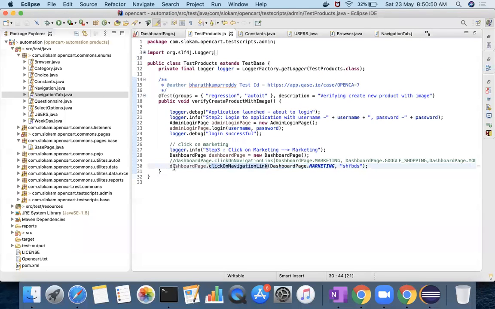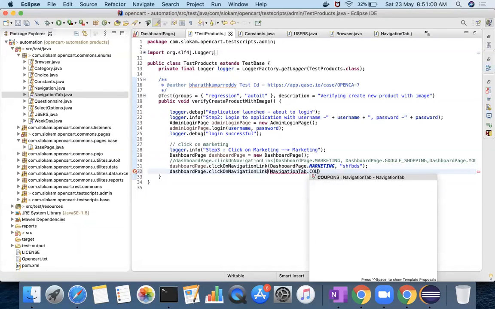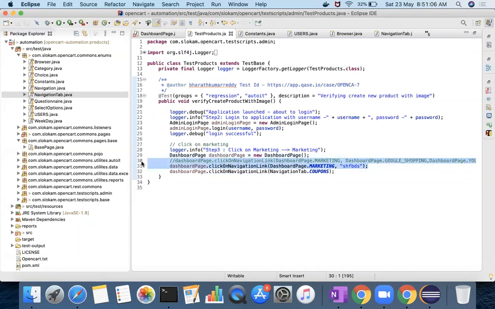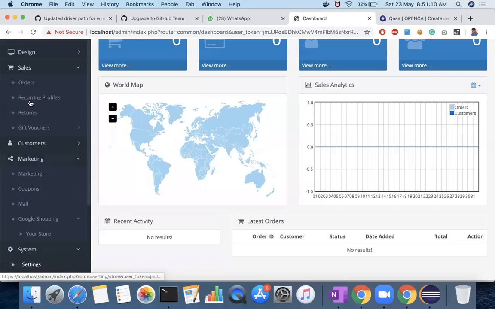instead of passing individual values, 3 values, 2 values, all I pass is navigation tab dot, let's say coupons. If I pass coupons, it should click on marketing first, and then click on coupons.